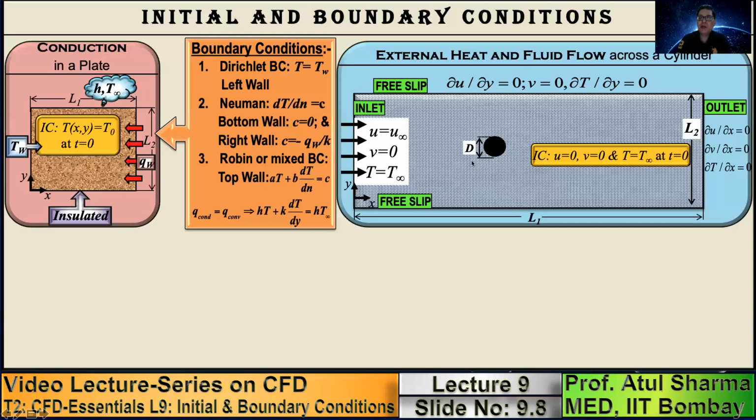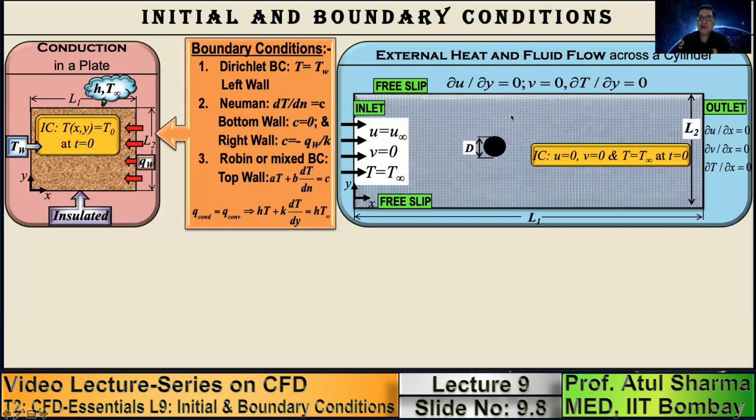Note that when we do computational simulation, we have to do a study which is called a domain size independence study. Just to give you an example, we do a computer simulation with, let us suppose, the height of the domain being 10 times the diameter of this cylinder. Then we increase the domain, let us say, from 10 to 15 and then from 15 to 20. Let us suppose between heights of 10 and 15 the results are changing, and between 15 and 20 the results are almost the same. Then we say that a height of 15 is good enough for that simulation.